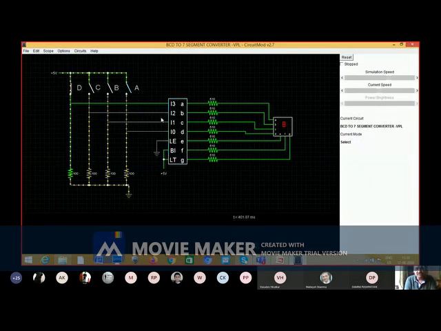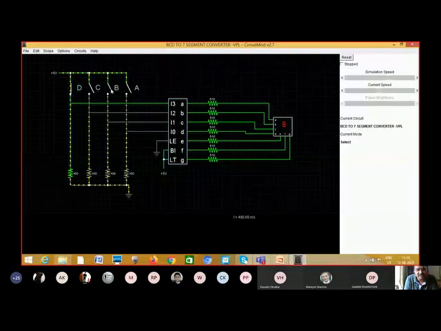Correct? So this way you can easily build a BCD to 7 segment converter, etc. Now in this you will find the IC 4511. The switches are also here; this is MSB, this is LSB. Correct?